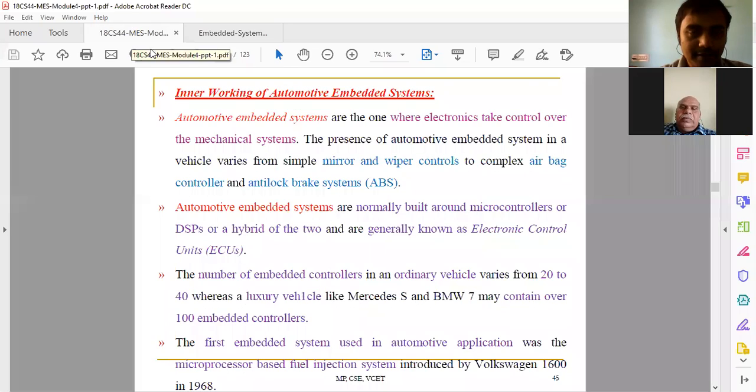In last class, we were discussing some of the characteristics of embedded systems, right? As well as